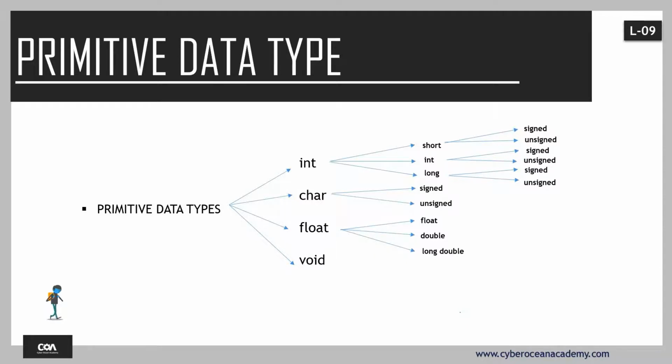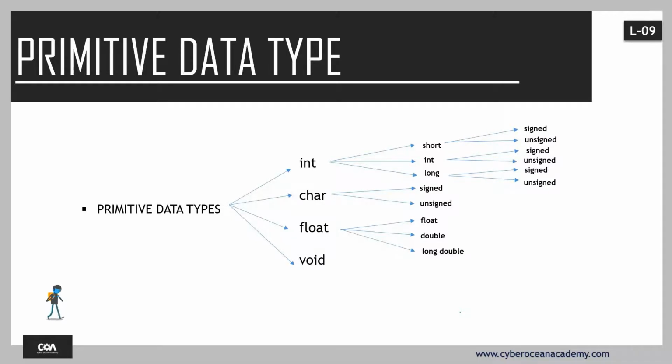And float is further classified as float, double, long double, depending upon the size of the data. So the size of the decimal data, that is, fractional data. If we have very large floating point numbers, we can use long double. If we have smaller floating point numbers, we can use float. Also, we have signed and unsigned, same as